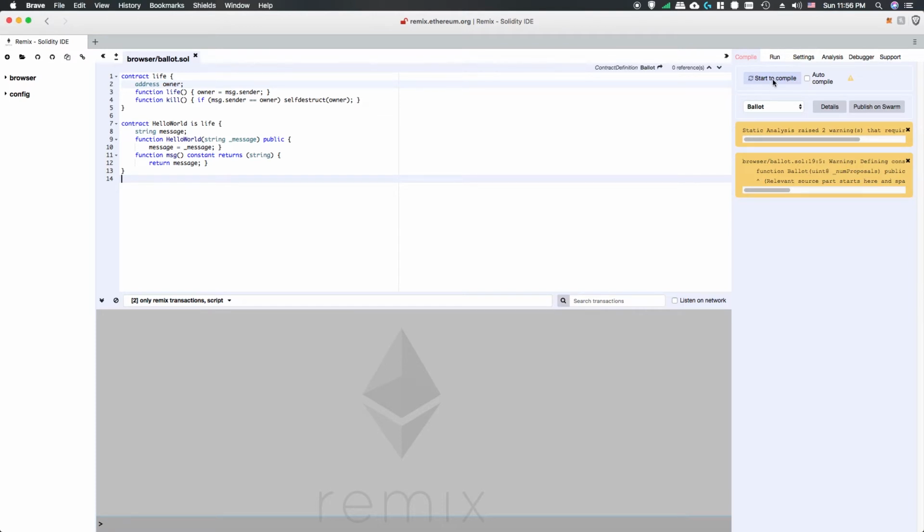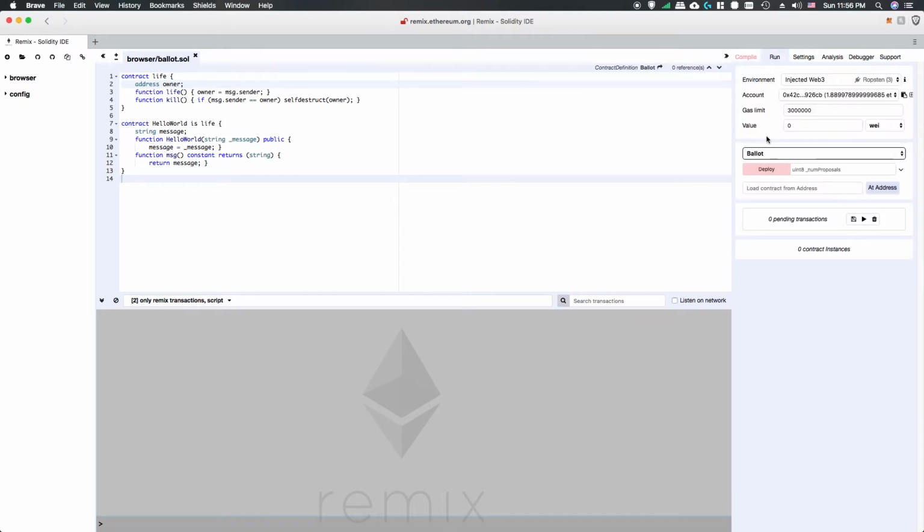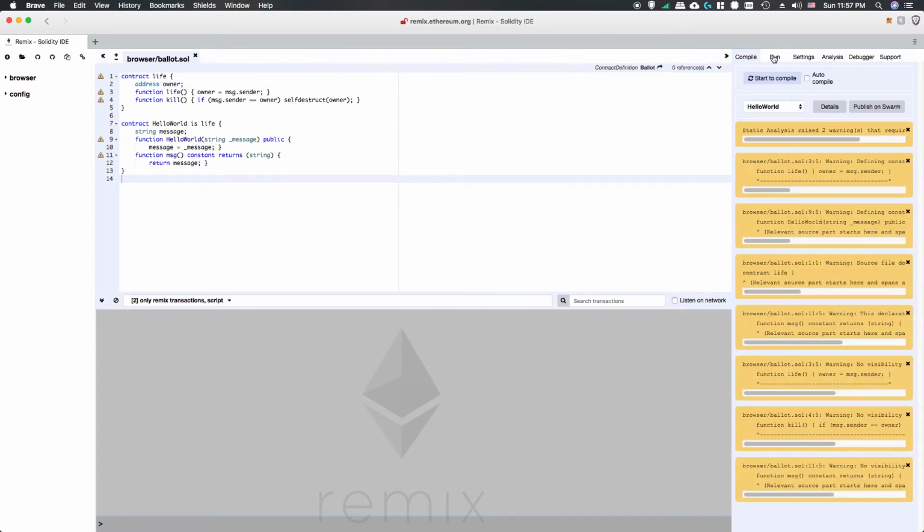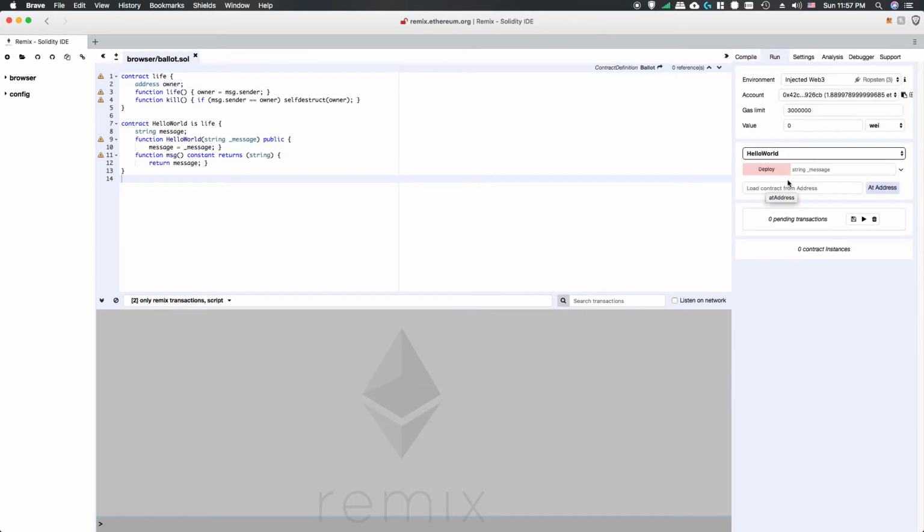What this means is, after we compile our code and go to the run section here, we can see that we have the deploy button, as we talked about in the Remix IDE video, and we have the string message. This means that before deploying our contract, we have to set a new string variable with a message. So for example, let's say hello world